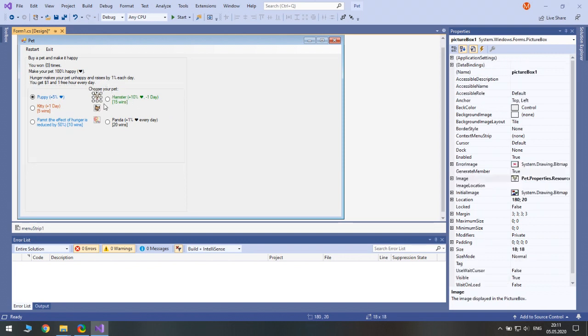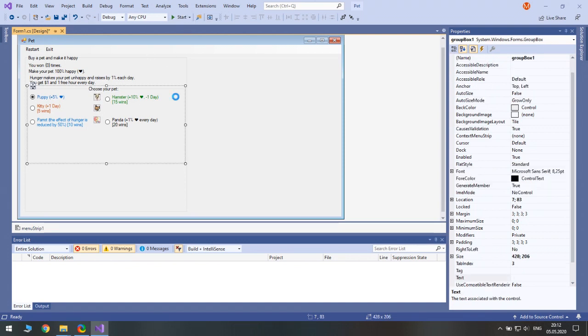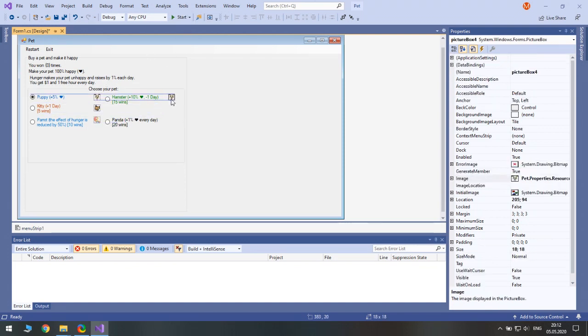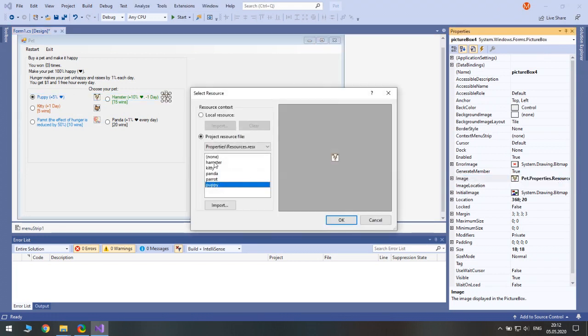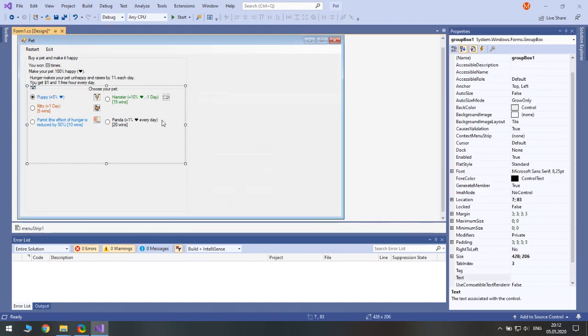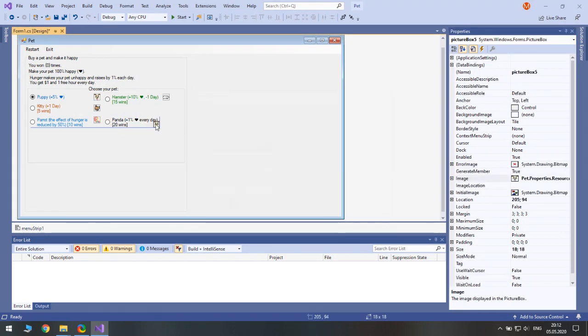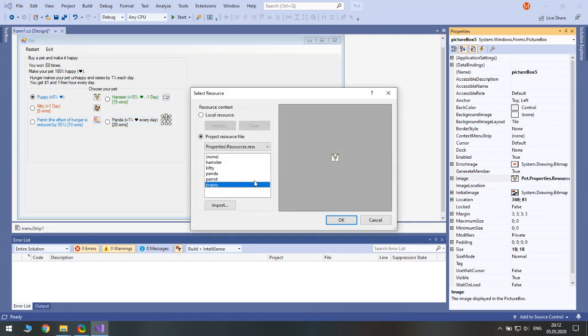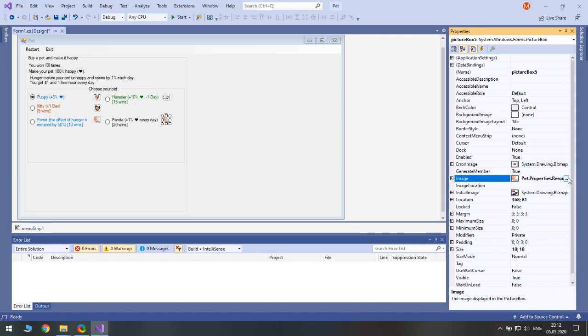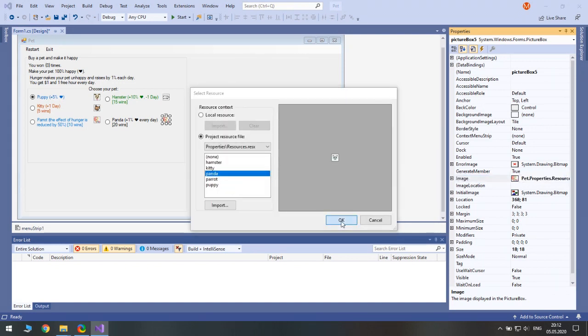Don't worry about these frames, they do not appear when we start our program. Let's just keep copy pasting. Hamster and panda. And again, I think I could upload these pictures on GitHub. No, not parrot, panda. Yeah, good.